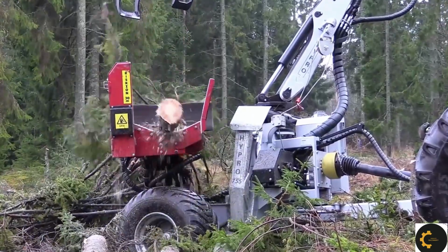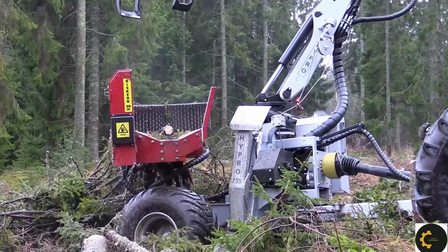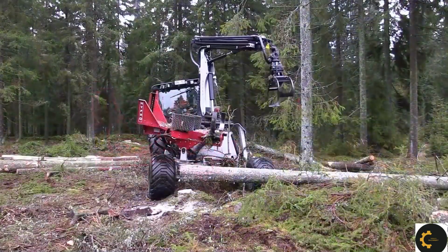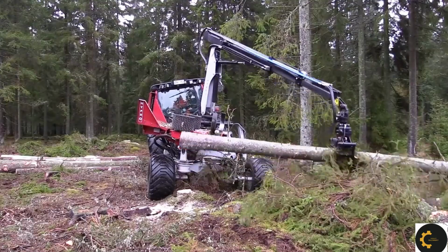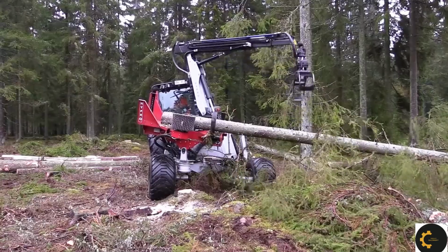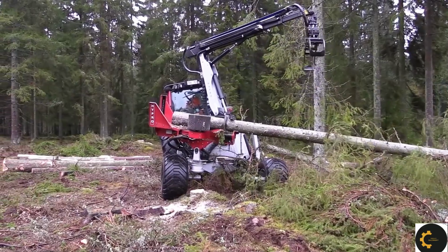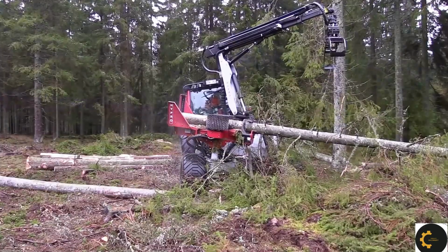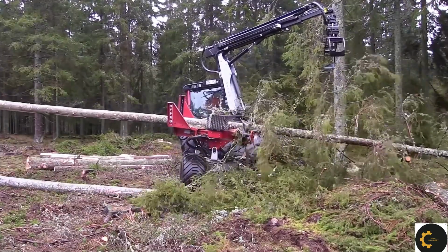755HB processor head, forming a powerful combination tailored for forestry tasks. Here are the key aspects of the FG45 carrier tractor. Built with a powerful engine and robust chassis, the FG45 provides the necessary power to transport and operate the HYPRO